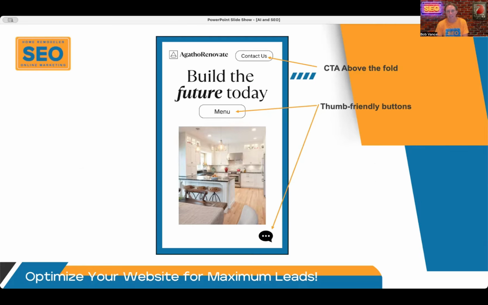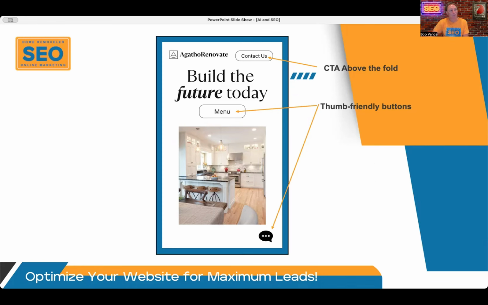Go through every page. Make sure that you've got your calls to action above the fold. In other words, the mobile screen's small, so make sure they don't have to scroll to find anything. The first things they want to be able to find are right there. Here's the menu button. Here's the contact button. If you just want to go ahead and reach out and touch us right now, let's do that. Let's cut to the chase. Reach out and call us, because that's what we all want, right? We want phone calls. That's how you turn those into design consultations, and that's how you book jobs and close more revenue.